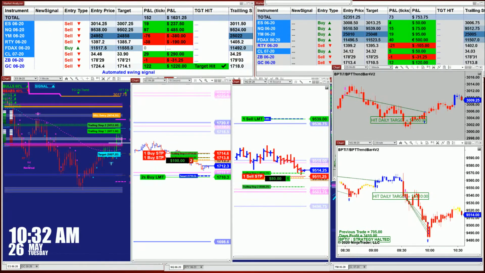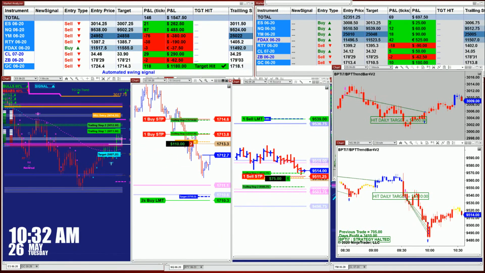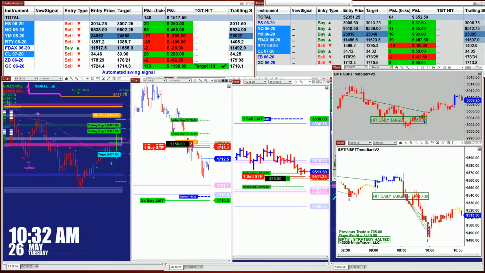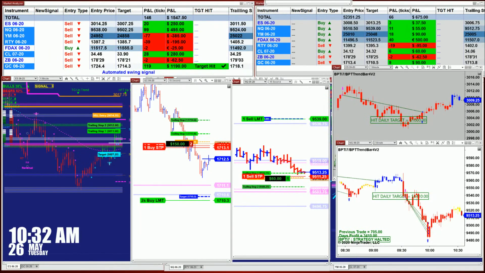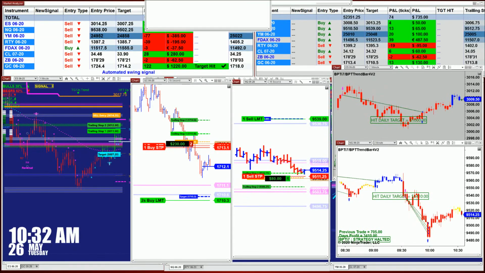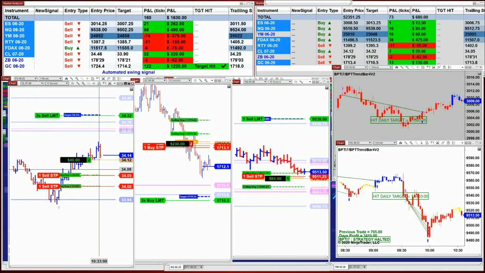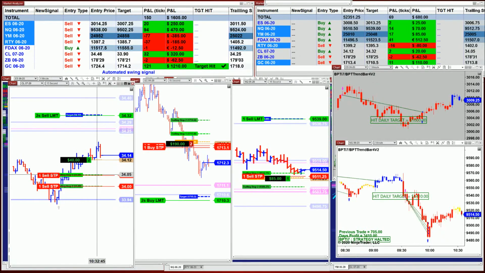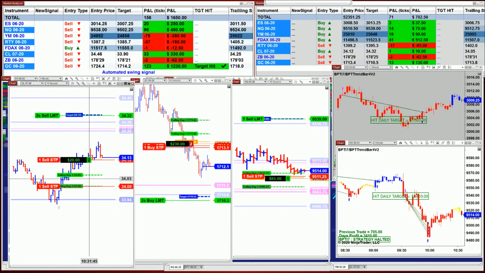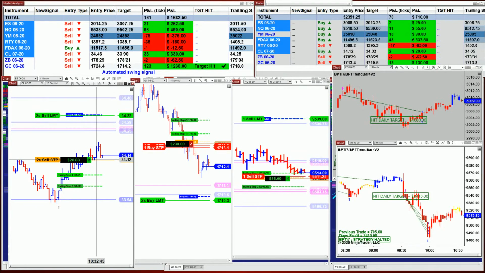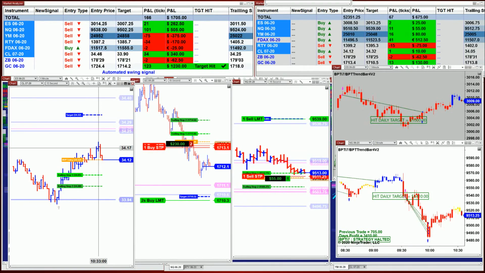So now the market is not trending that much, so we can pick up a few ticks here and there. And what I usually do is break even, hoping that this market is going to continue. But now the trending is over, it does not mean you're out of business. No, you still can pick up ticks here and there. All you have to do is let the auto trade take a trade, and then you start to break even. Plus one or two ticks, because those entries are very well synchronized.